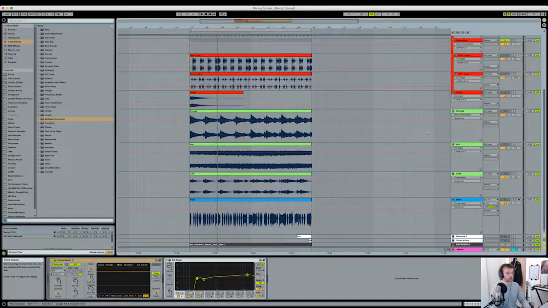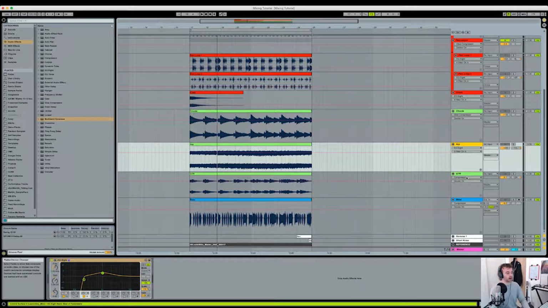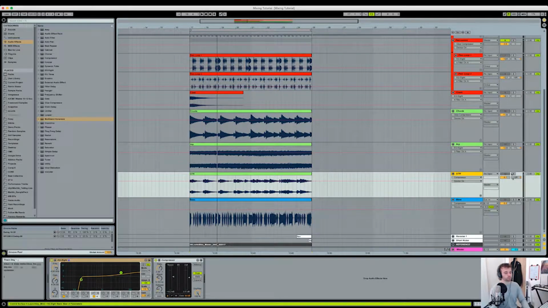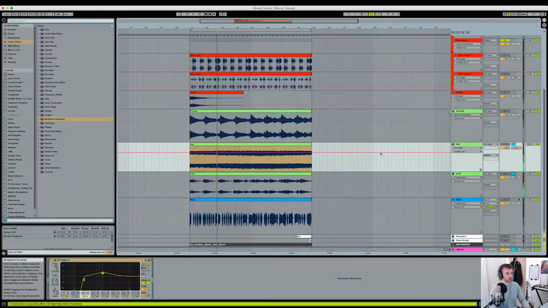With instruments, what I tend to do is figure out what I would like the focal point of the instruments to be. And if there are 2 focal points, or if the focal point is clashing with another instrument in a similar frequency spectrum, what I'll then do is, again, try to balance them out with panning. So that's what I've done here with the ARP and the guitars. You can see I've panned them similarly. And if I just solo them together,